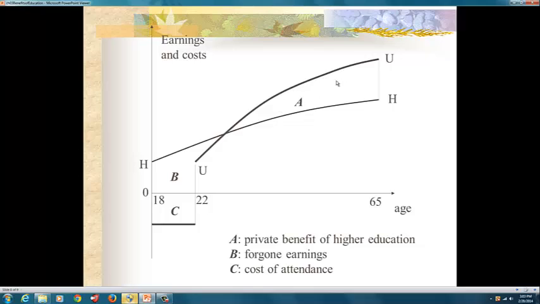Now, you see why we say the private benefits accrue to the individual much quicker than to society? Eventually, the public sector will begin to benefit from higher taxes, increased tax revenues, reductions in crime, and all of those good things. But those social benefits, again, we'll cover in another lecture. We just wanted to acknowledge them here because we want you to be able to identify both private and public, as well as distinguish the differences between them at the various levels.